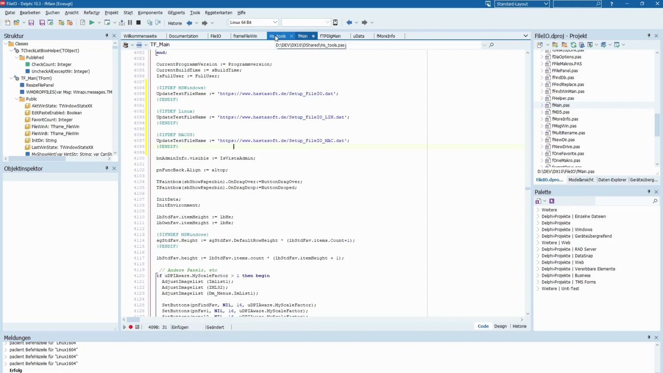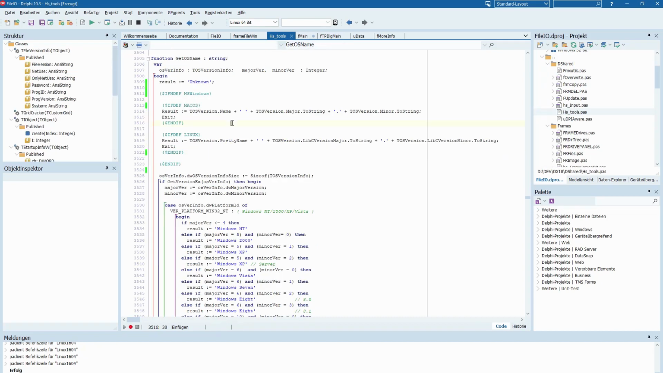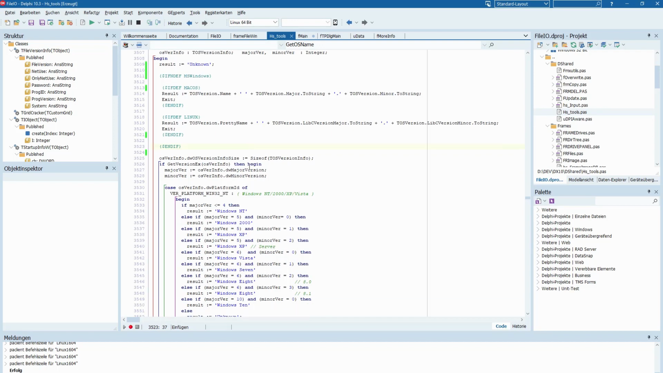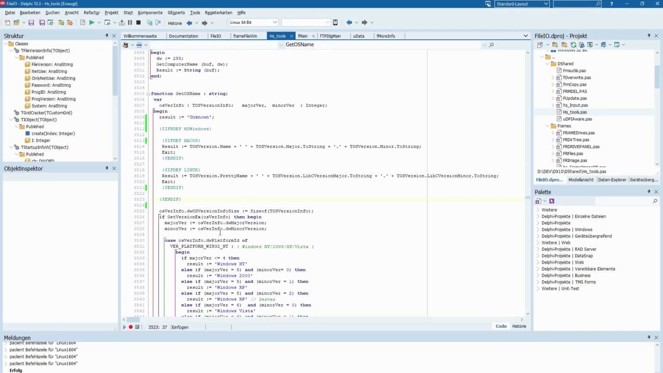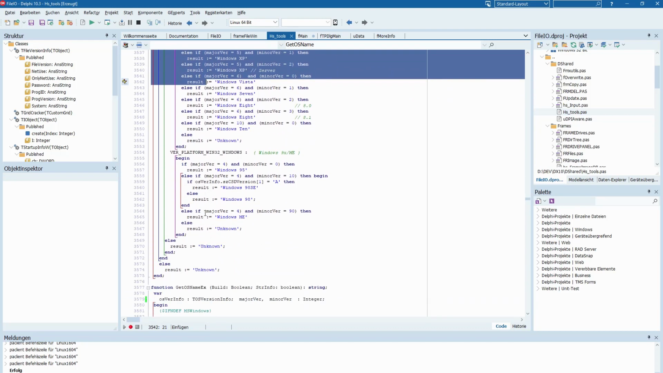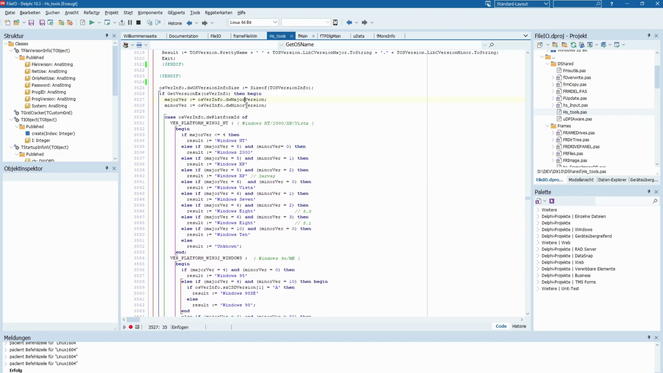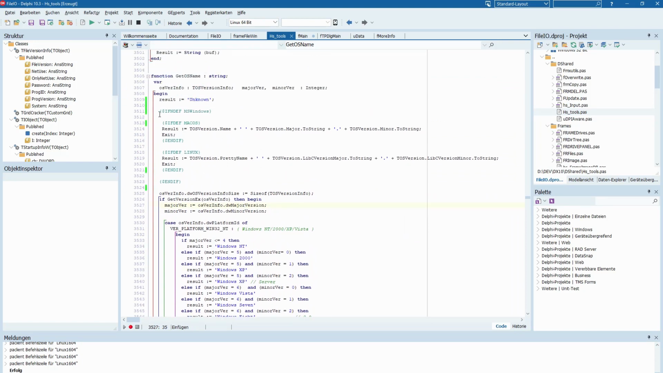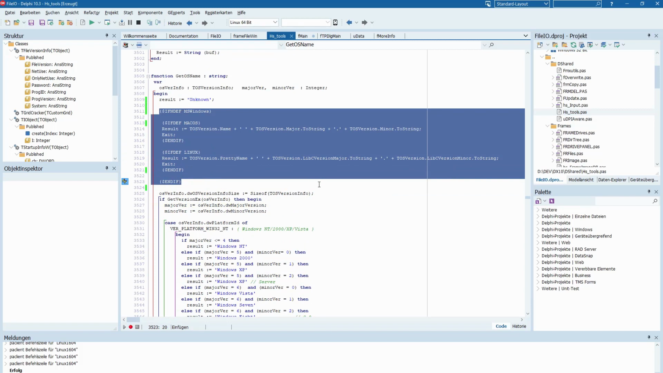And of course, sometimes we also want to know at runtime what platform, and especially what system exactly, we are using. We can do that with the TOSVersion from the System.SysUtils unit, and you can see how easy it is to enhance your existing functions. You see here the GetOSName function. Originally, it only covered Windows. It's a typical way you perhaps also use, and I have only added a few lines to make it work